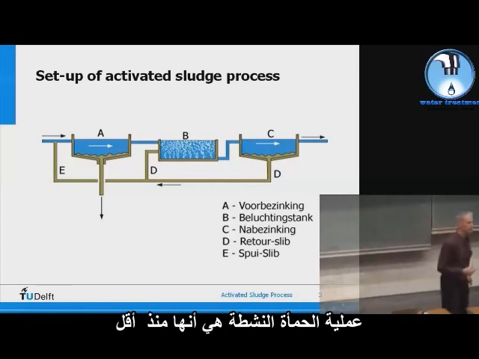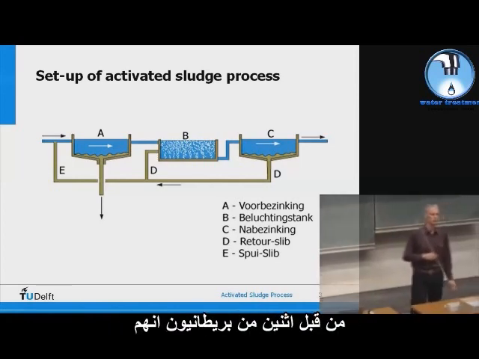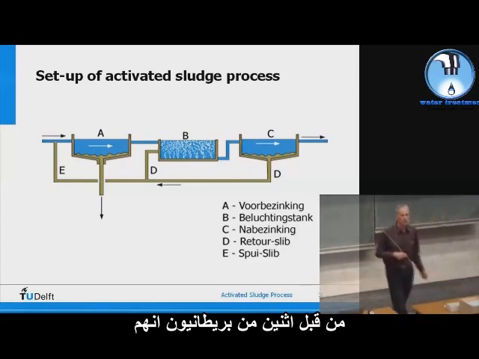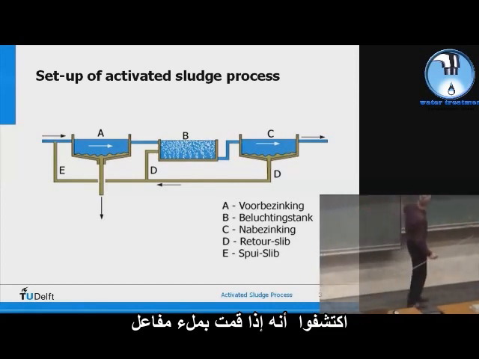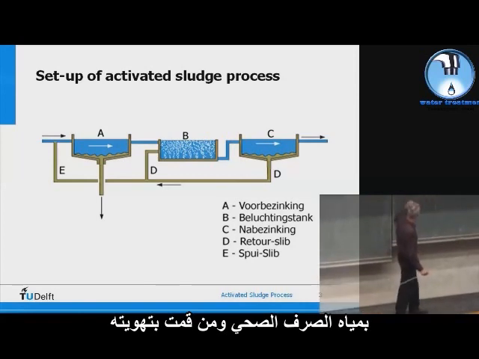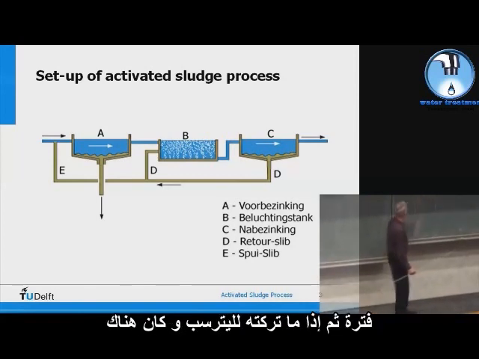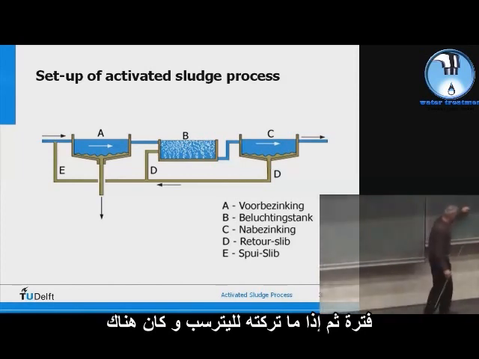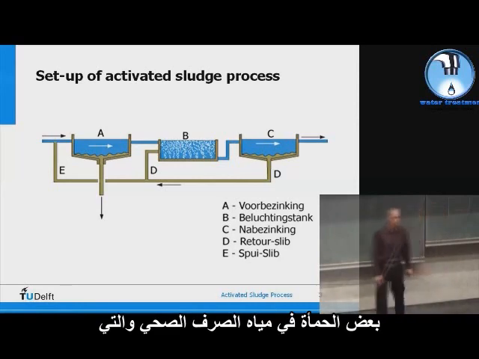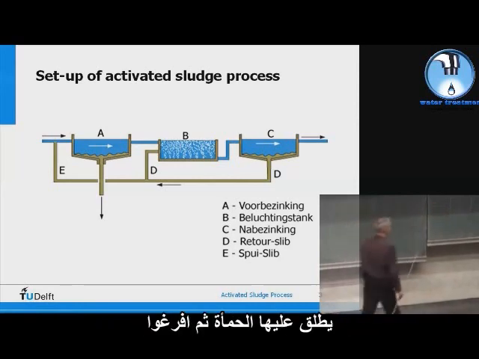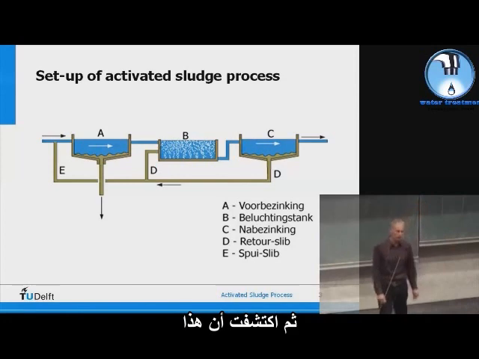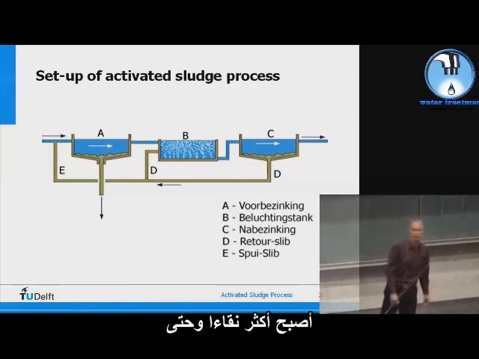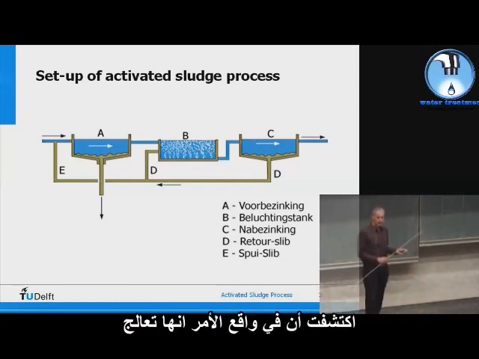By the way, the activated sludge process, it's somewhat less than 100 years ago that this was discovered by two British guys. They discovered that if you fill a reactor with wastewater and then aerate it for a while, then if you let it settle, there was some sludge, and they knew there was some sludge in the wastewater, and they called it sludge. And then they took off the supernatant, that was the clean water, and then discovered that after a short while, after a few times, this water became clearer,